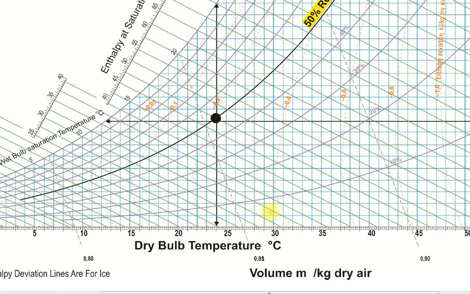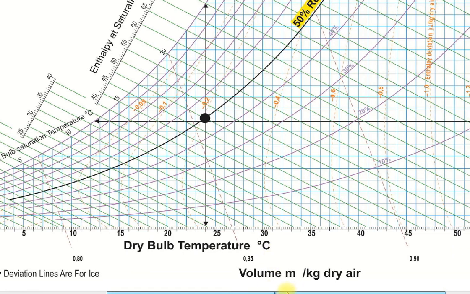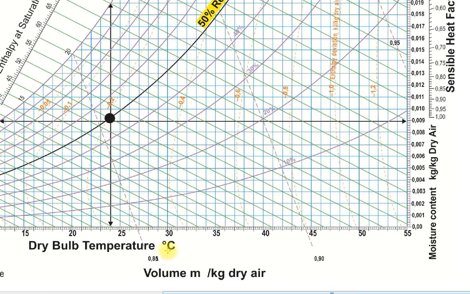30 degree line. I am going along this line. This is 50% RH. Let me shift it here. This is the 30 degree line. This is the 50% RH line. This is the 60% RH line, and this is the 70% RH line. Now we will go along this line as the humidity ratio is given here. So it is approximately 0.0187. So we will take its value as 0.0187.